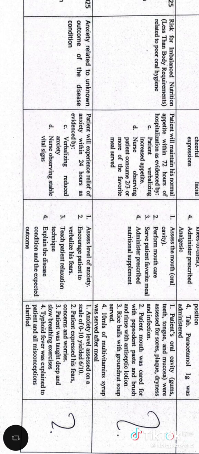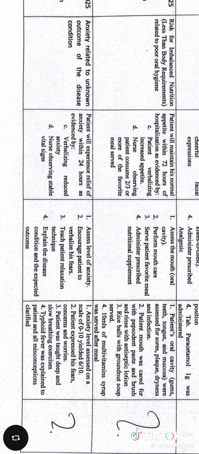All right. And then we have our fourth diagnosis. I said that if you really want to understand this care plan, this middle part, it's a continuation from the first one, part one. So go back to my page and listen to and view the part one, the front page. Then you can relate. So anxiety related to unknown outcome of disease condition, and then we set up an objective of patient will experience relief of anxiety within 24 hours, as evidenced by patient verbalizing